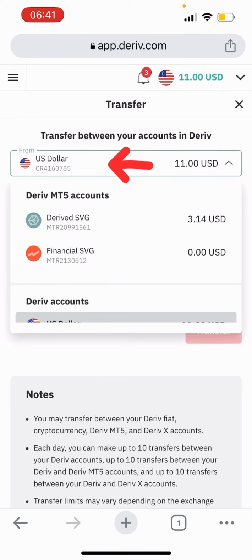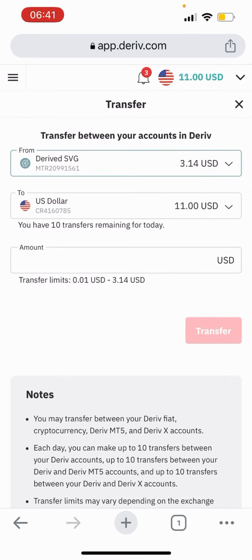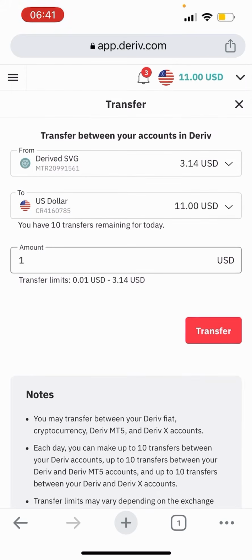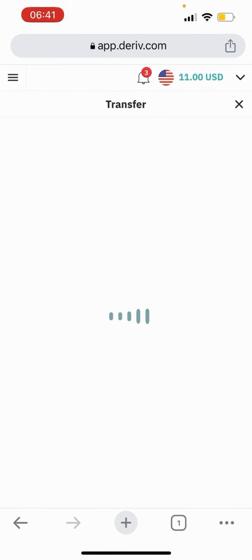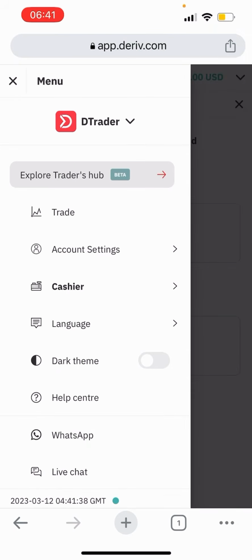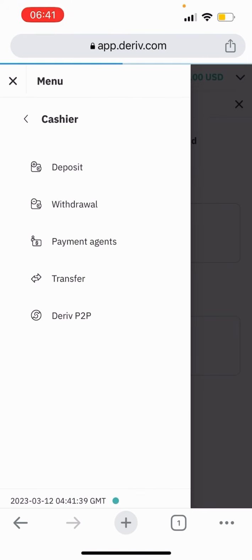Click on this icon over here, and then let's just transfer one. Okay, let's transfer one so that you can be able to see. You see now we have 12. All right, so it is transferred to the USD account that we have. All right, okay. So we're gonna go back to the icons over here: cashier, withdrawal,